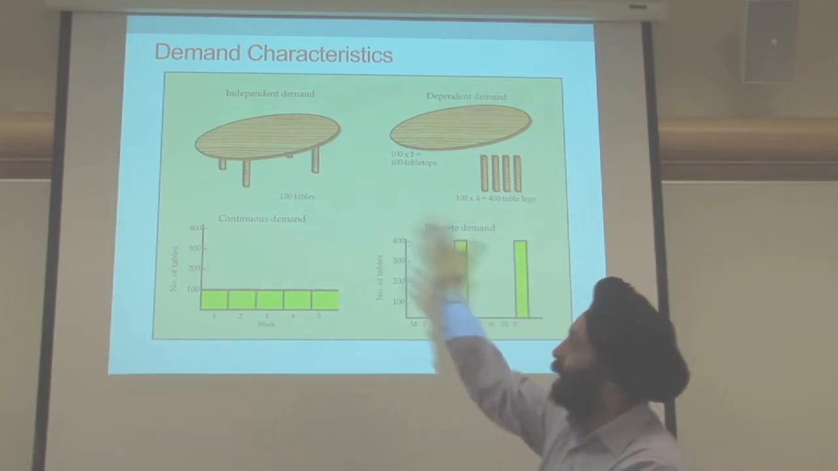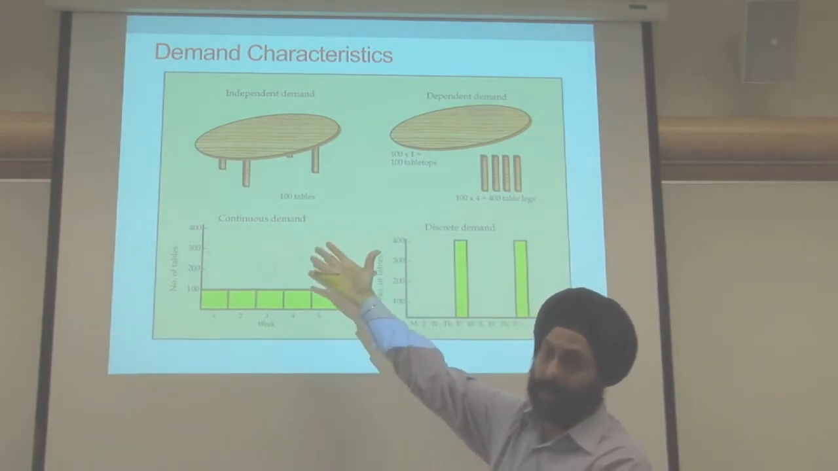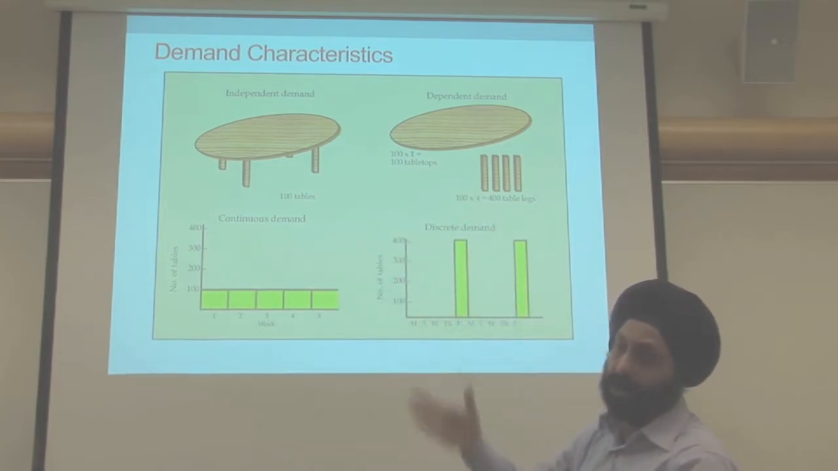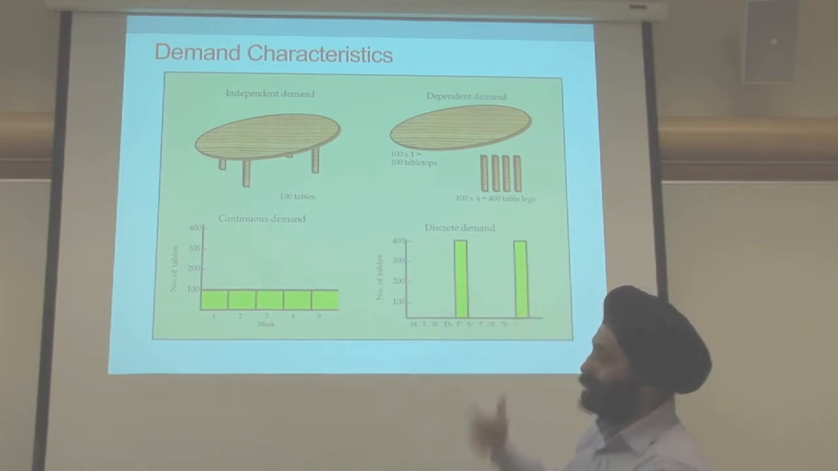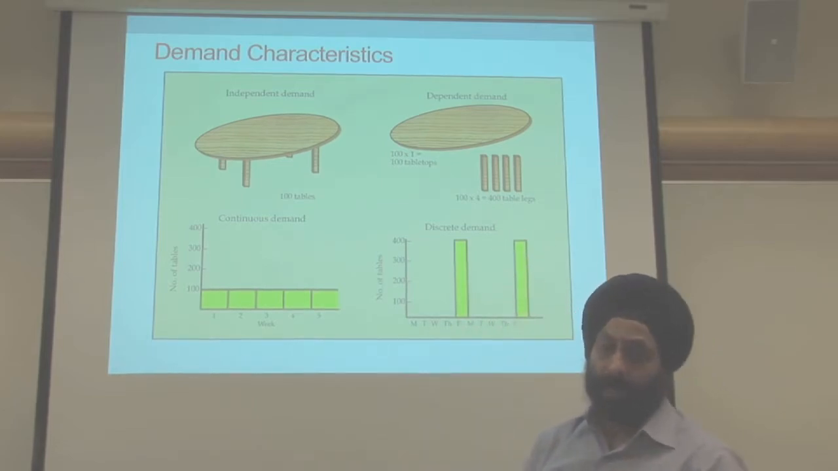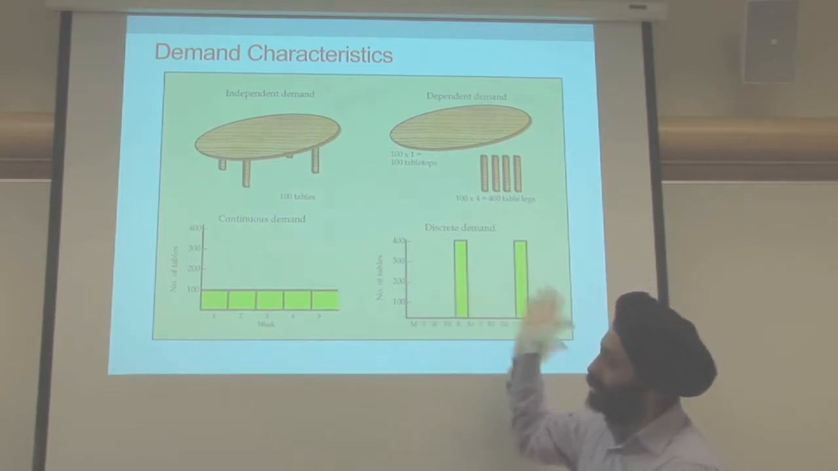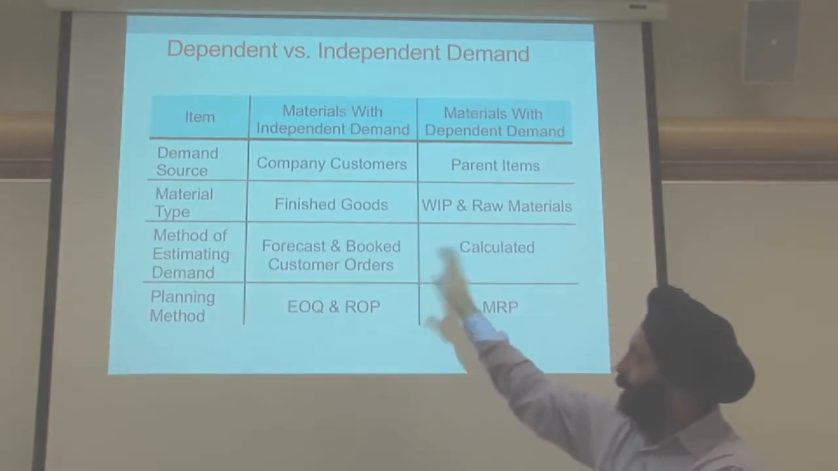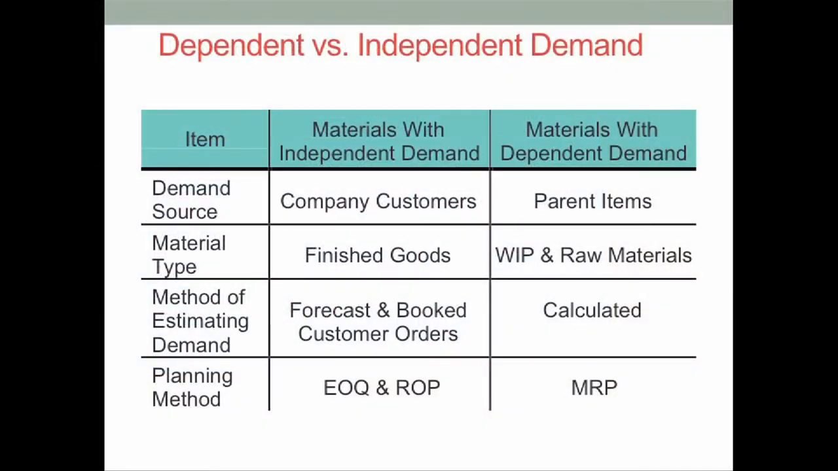If we decide to make 100 tables, as is indicated in this figure, then you need 100 tabletops, 1 tabletop for each table, plus the 400 table legs, 4 table legs for each table. So that's where the discrete nature comes in. And just to indicate that, in this case, you can see